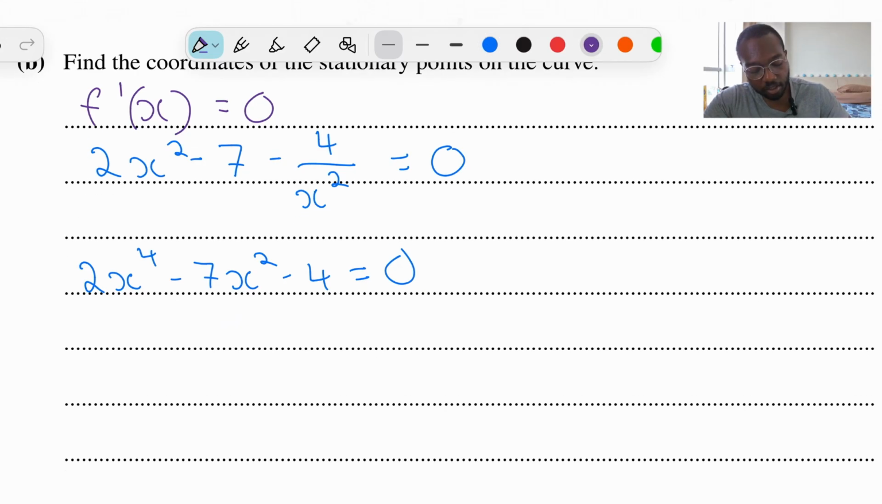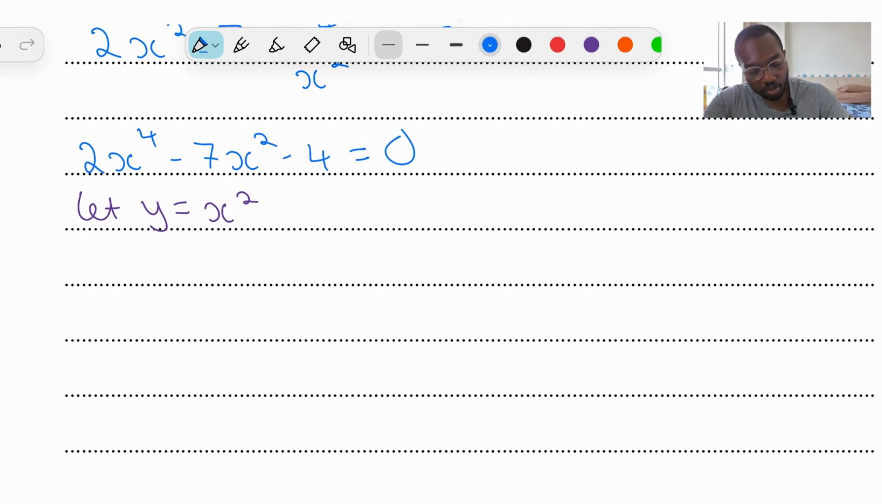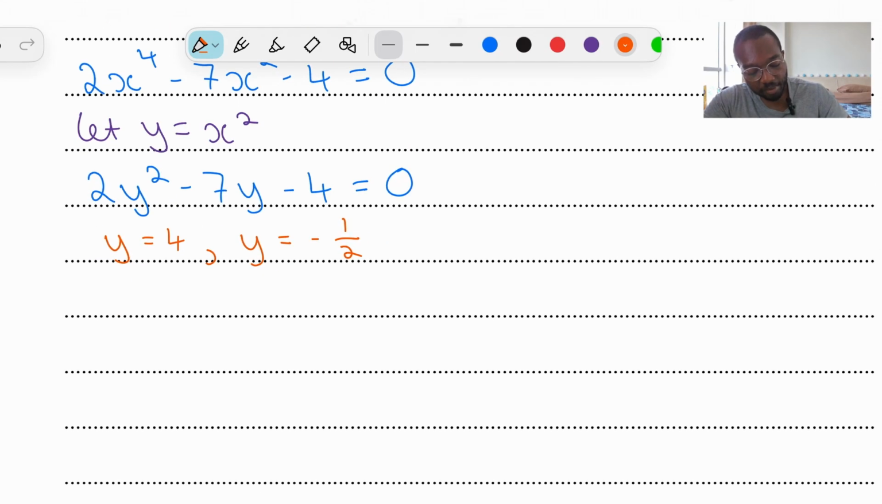Now I'm just going to apply a substitution. So let's let y equal x squared, okay? Therefore, we have 2y squared minus 7y minus 4 is equal to 0. Becomes just a bit easier to factorize, okay? If you do this into your calculator, what do you get for your y values? You get y is equal to 4, and you get y is equal to minus half. Therefore, what does that mean? That means that x squared is equal to 4, and we get x squared is equal to minus